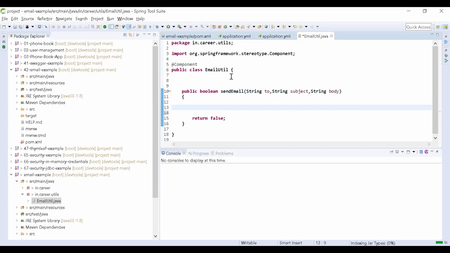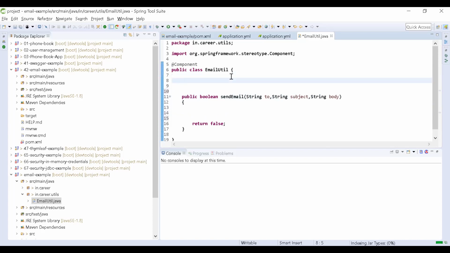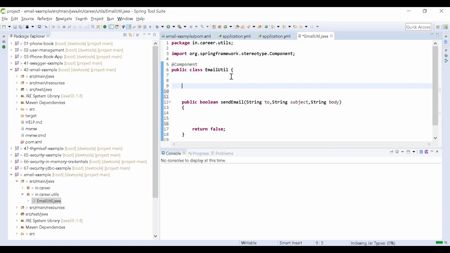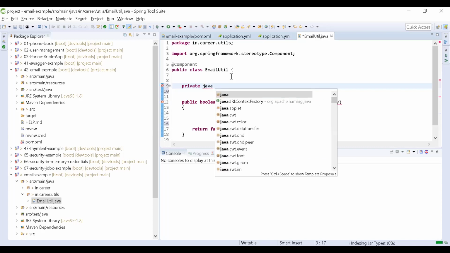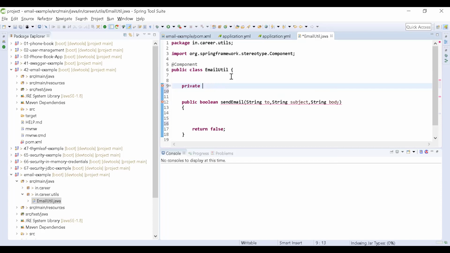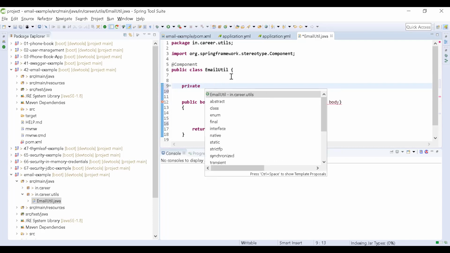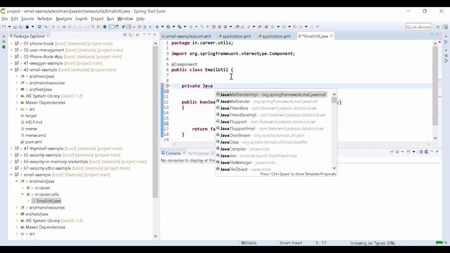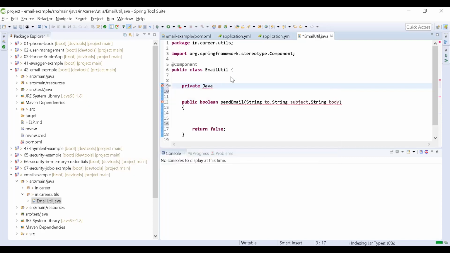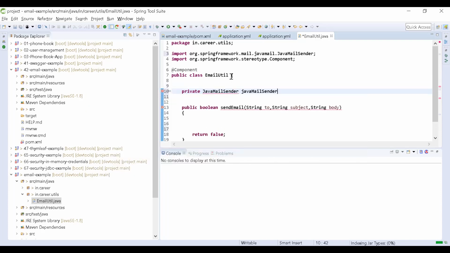That's it. Now I want here a JavaMailSender. This is from the Spring Boot starter mail, the JavaMailSender class.